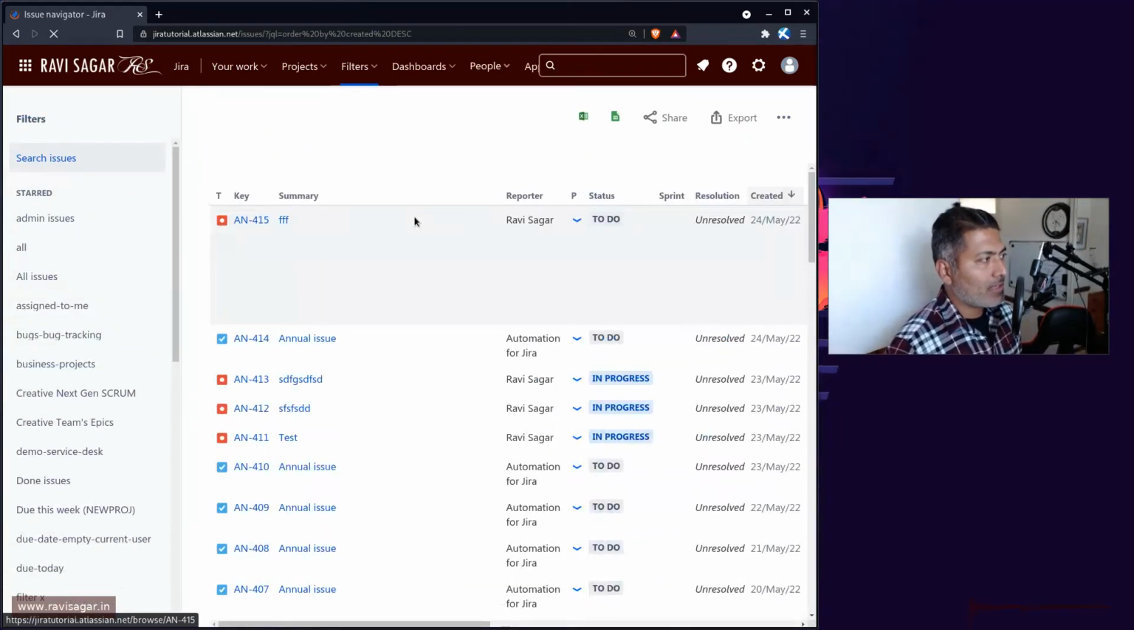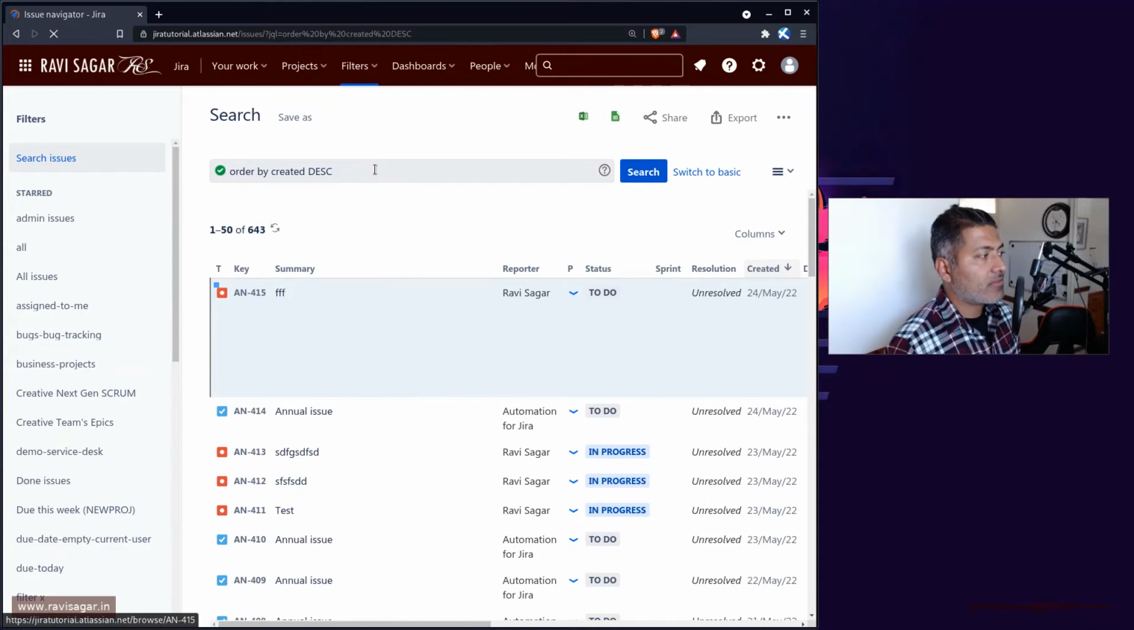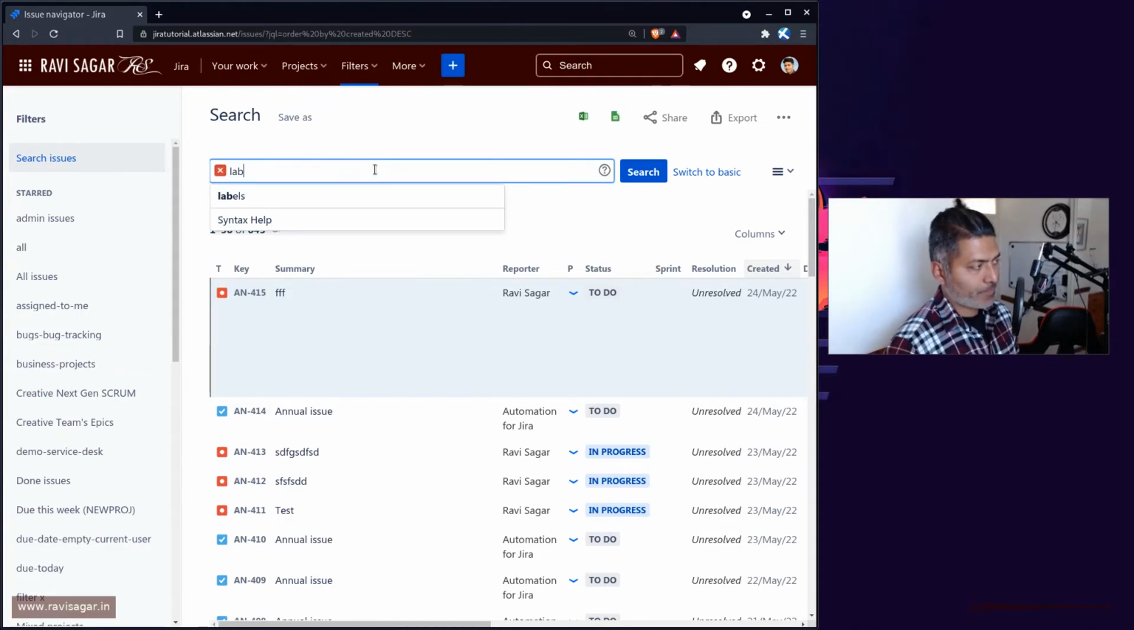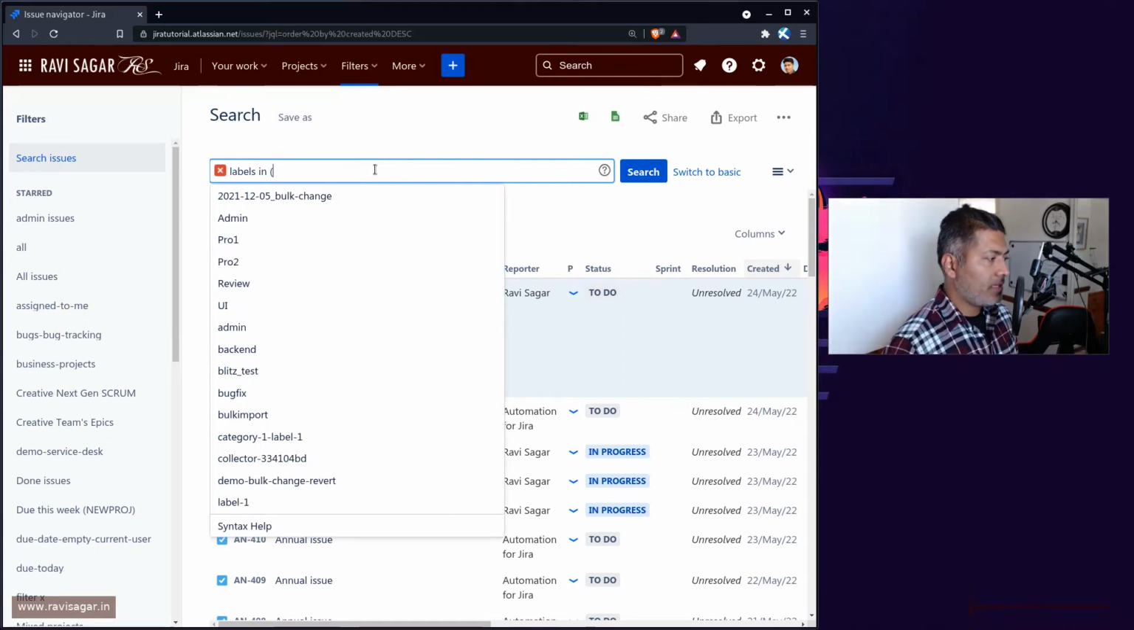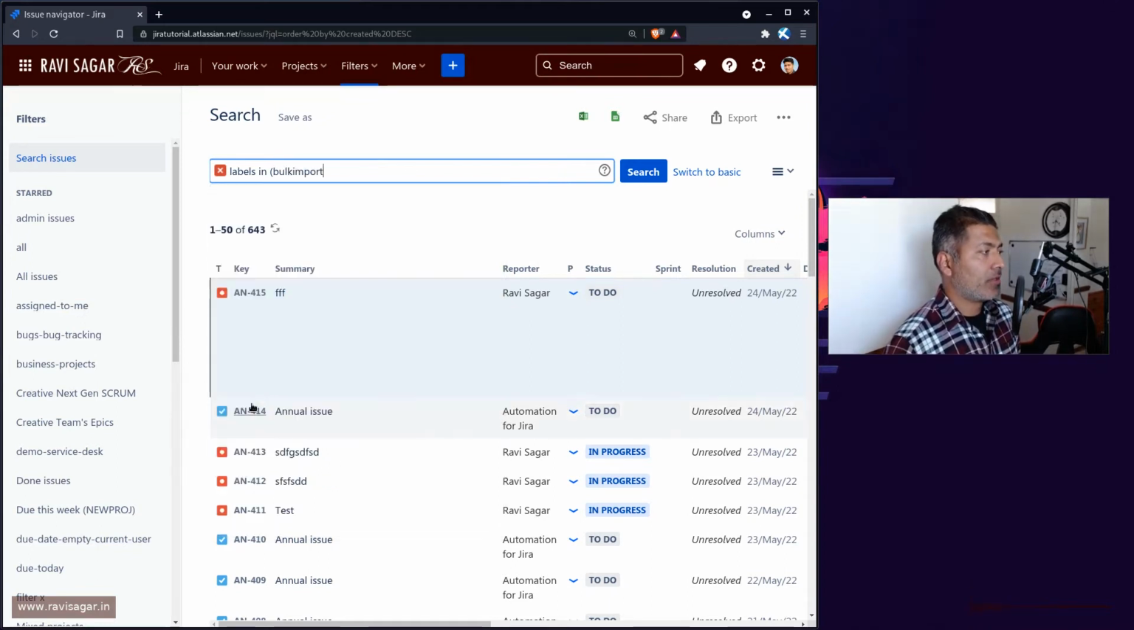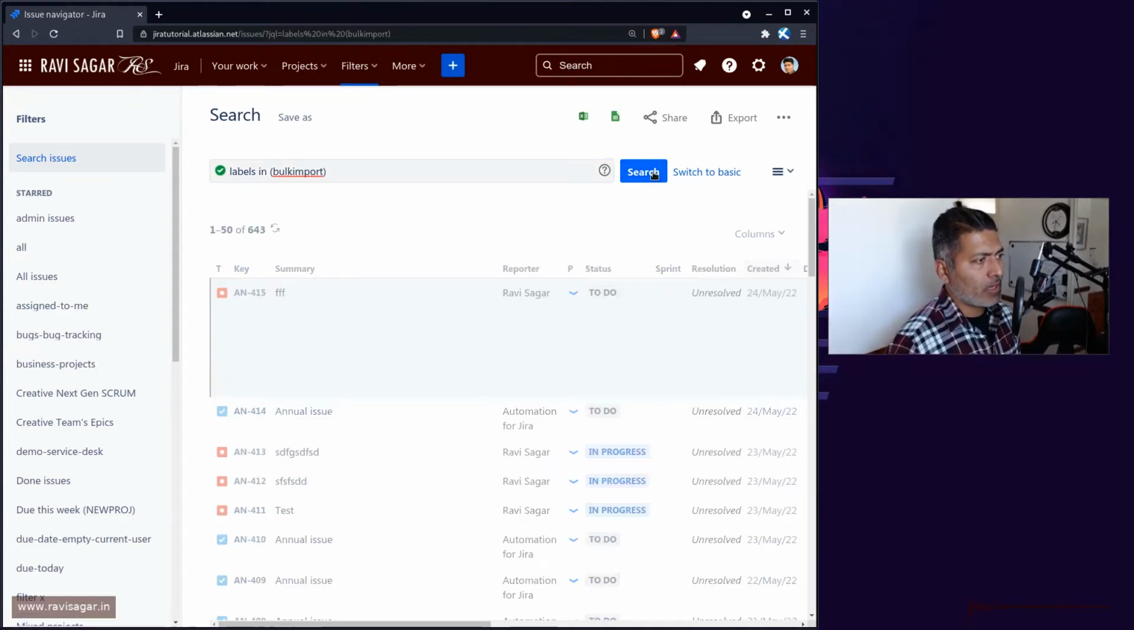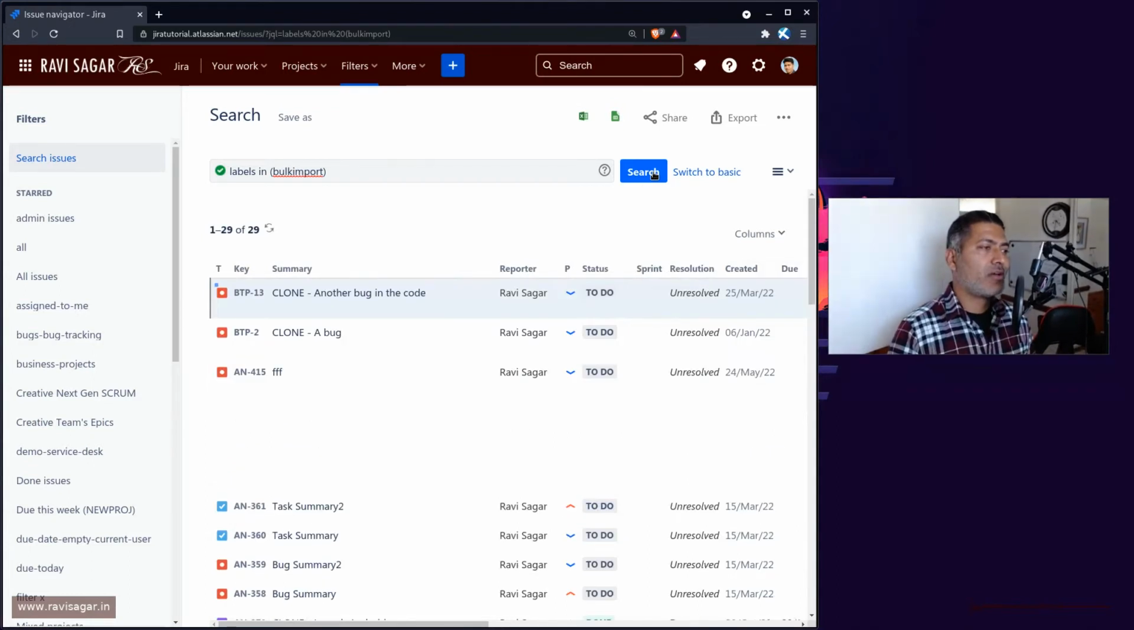Now, the good thing about these labels is that you can always save your searches as your filters. So you can do something like labels in, and you can maybe find all the bulk import issues. So this is something that I always mention whenever you're doing bulk import. This is something that I've learned